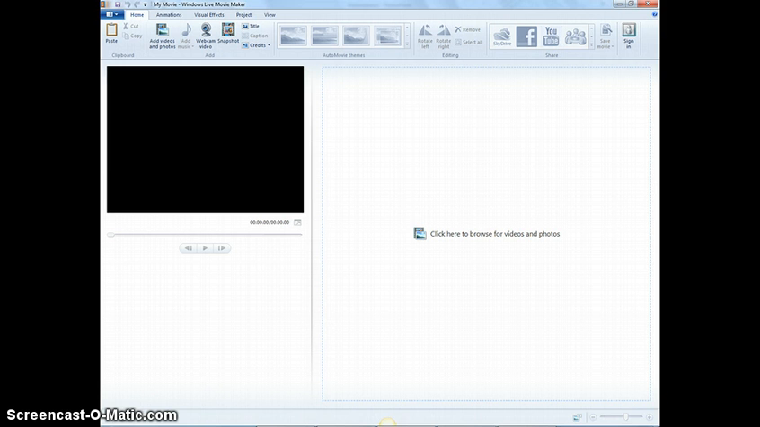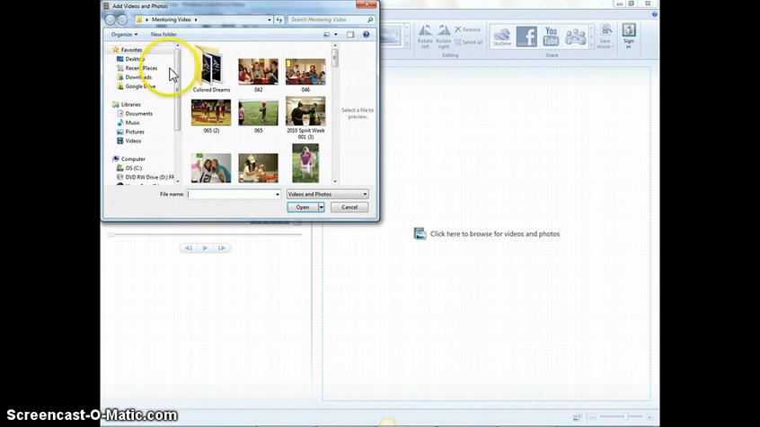The first thing you're going to need is a script and a general idea of what's going to be in your PSA. Once you know what's going to happen in your movie, you're ready to get started. From here, your first option is to browse for videos and photos that you'll be using in your video. So click here, and it automatically has brought up the mentoring video folder where I've saved all the pictures that